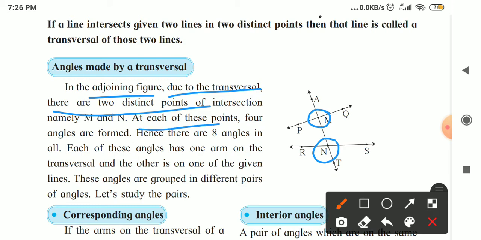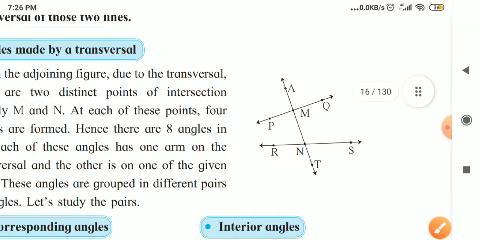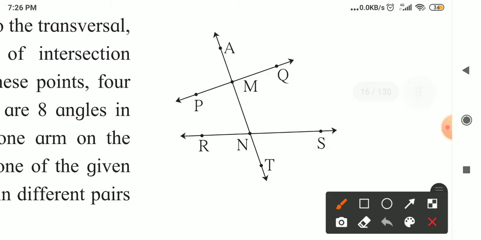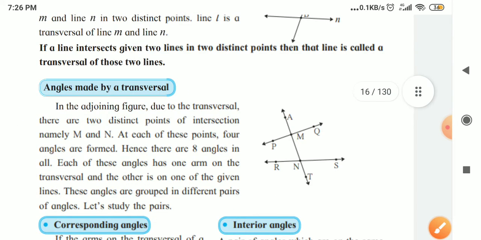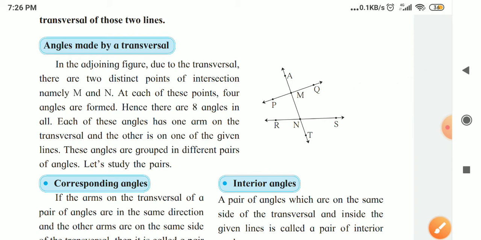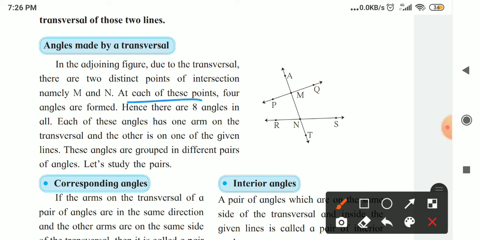At each of these points, 4 angles are formed. Just now I told you how many angles it forms. 8 angles, one line inside. 1, 2, 3, 4, 5, 6, 7, 8. Total how many angles are formed here? 8 angles are formed by the transversal on 2 lines, and on one line how many angles does it form? 4. So here it is written that at each of these points, suppose we consider point M,